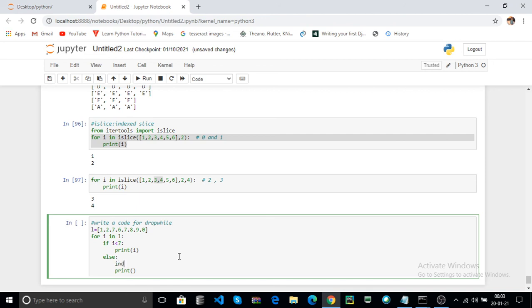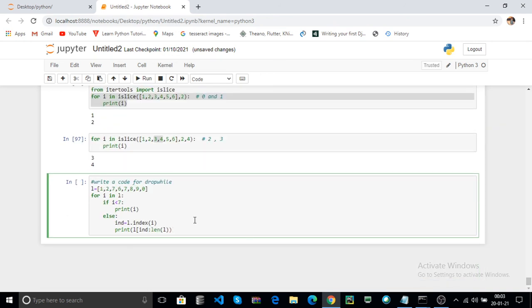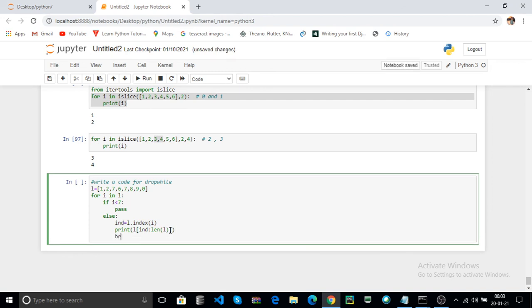You can first find out the index value, L dot index of your i value. From that index you can find out all your list. Here the first condition is true. Here you can also use the pass. Here the length of L. Here you can use the break.